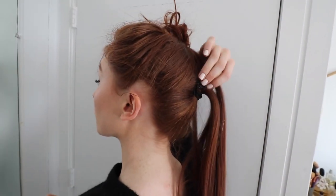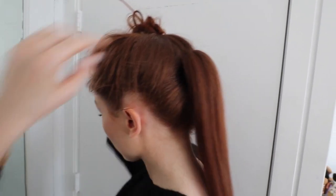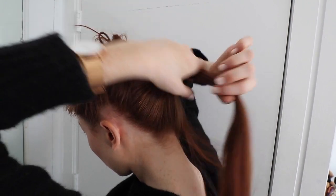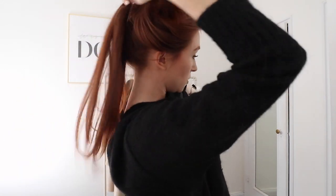longer. It's kind of like breaking up the ponytail, and I'm doing a really sleek and straight ponytail, but if you want to do one of those real messy voluminous ponytails that just seems to be really wide, that's a really good trick too, because it's just making the ponytail fuller and kind of wider. So once that's done and you have it in place, don't worry if you can see clips or if it's a bit wonky, because we'll be fixing all that in the end,